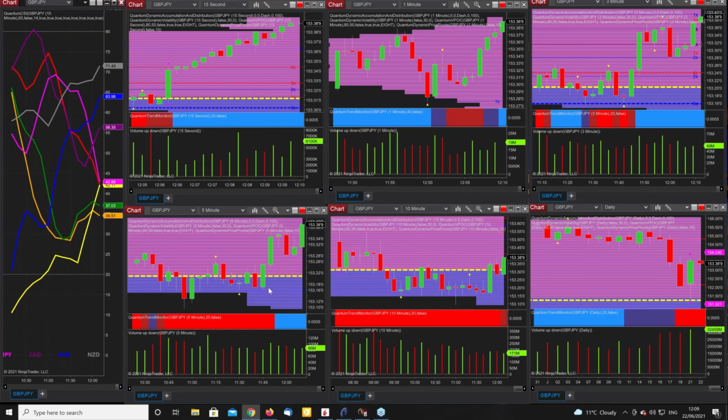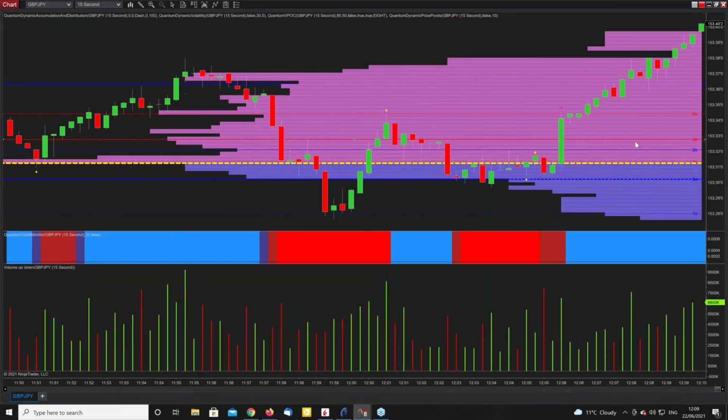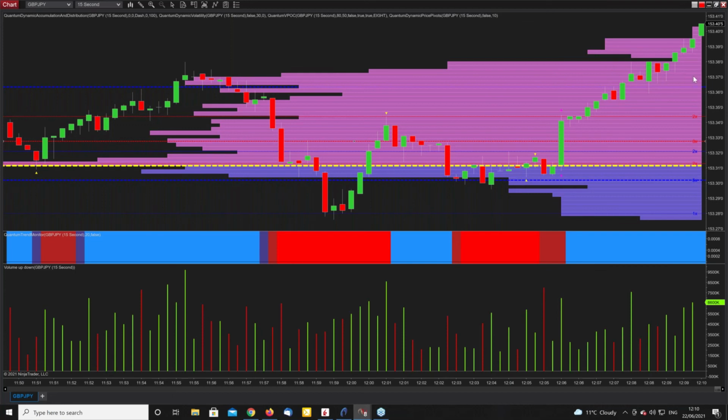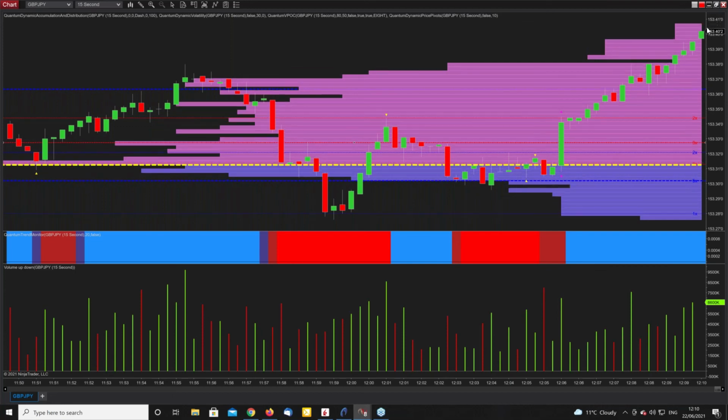Where are we going now? We're carrying on up. The pound's kicked up, the yellow line. The yen is rolling over. This is on 10 minutes. So, where were we on the 15-second? We must have broken through. Yep, we're all off to the races. Where were we waiting for? We were waiting for this 37.38. Yeah, we're well through there now. We're up to 40. Trend monitor's transitioned. Carrying on up.